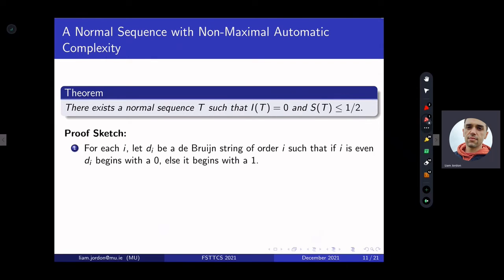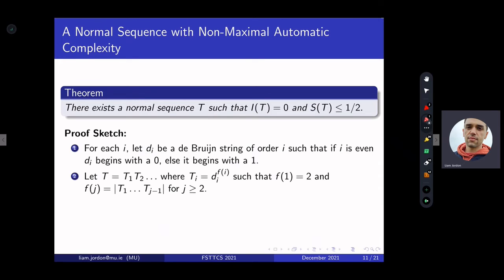So, sketch of the proof. For each i, we let d_i be the De Bruijn string of order i, such that if i is even, d_i begins with a 0, and if i is odd, it begins with a 1. And then we construct our sequence T in zones T1, T2, and so on, where each zone T_i is going